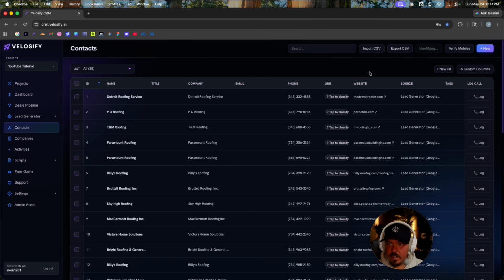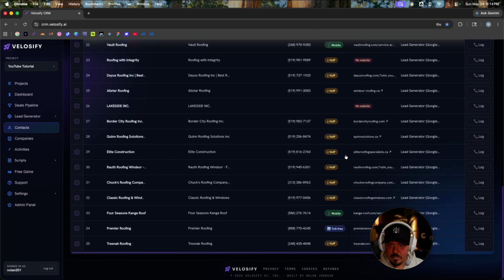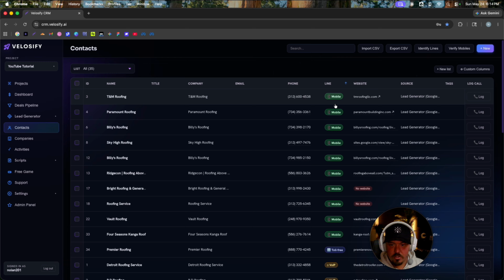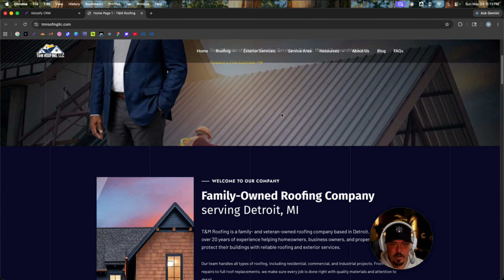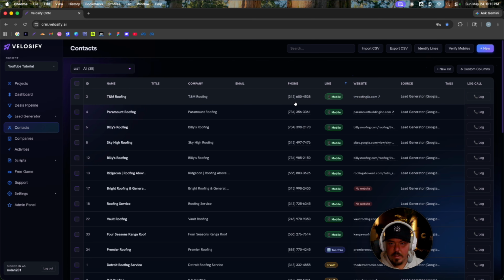We just click identify lines up here. And what it's doing is it's going through and it's basically checking to see how many mobile numbers, VoIPs, and landlines, toll-free numbers there are. And then after it identifies the lines, you can click on this and you can sort it. So the mobile ones go to the top. And then from there, now I can click on this, and this is actually going to go to the owner, right? And it looks like this website could use a refresh as well. So that's one thing you can do.